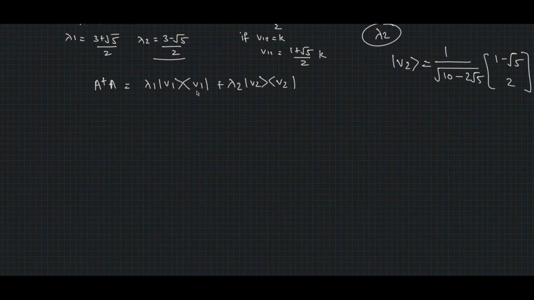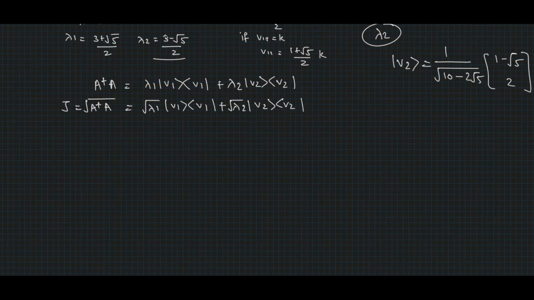And since we need to find j, which is equal to root under A dagger A, this would be equal to root under lambda 1 v1 times v1 dagger plus root under lambda 2 v2 times v2 dagger,